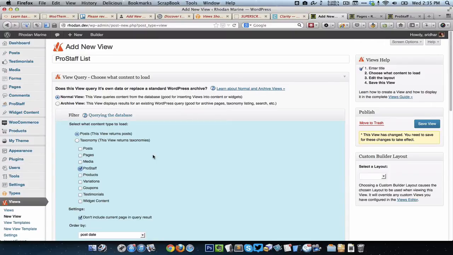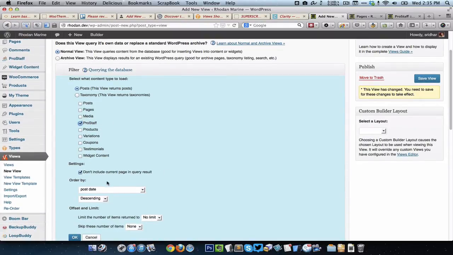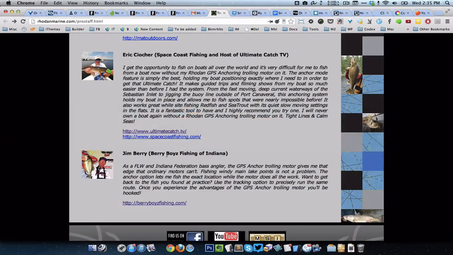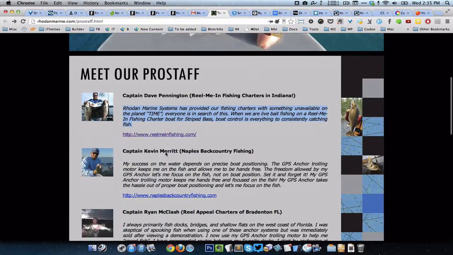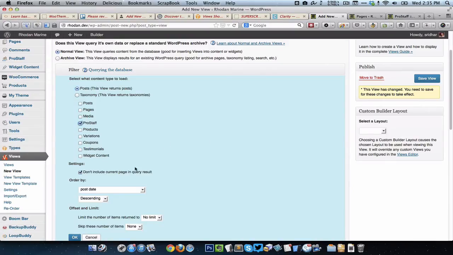So we are basically telling via this view to retrieve only the entries of this particular post type. And here we can set the order by which the posts are shown. Since I have entered posts from top to bottom, I would need to set this as ascending.